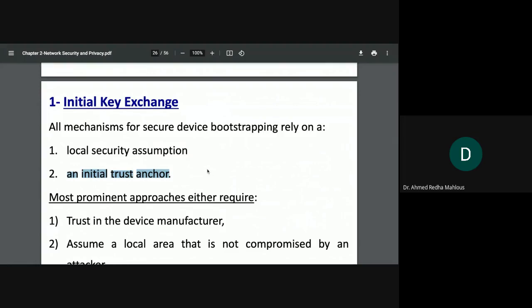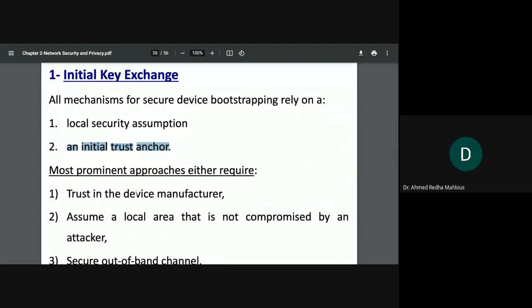At least we have some initial trust between the devices. Otherwise, we cannot even start the process of exchanging the key or the server URL if we don't trust each other. So these are our assumptions. Now, the approaches that we are talking about,